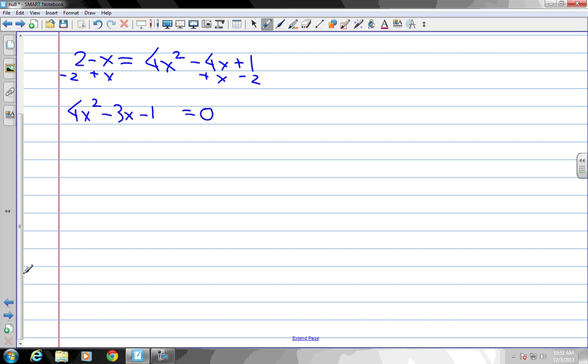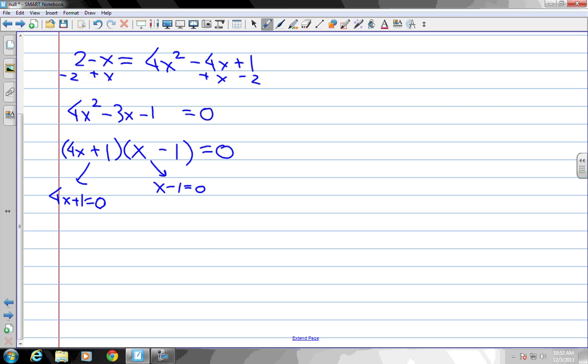Looks like I should be able to factor that. I can just guess. Probably 4x minus 1 and then plus 1. Like that. Does that work? Yeah, you do get negative 3x in the middle. Again, remember, if it takes you more than 12 seconds to factor, you can just use the quadratic formula on that. There are many ways to solve the quadratic equation. You don't have to factor every time. But factoring is a little easier if it's factorable, because then we'll set both factors to 0,